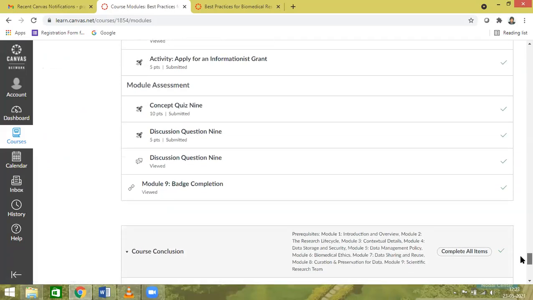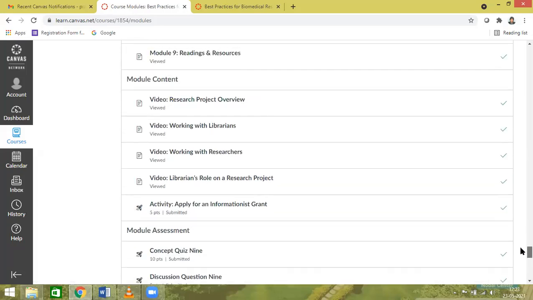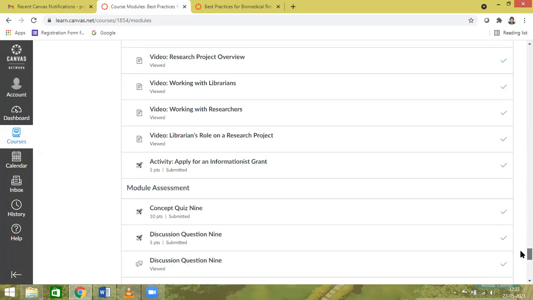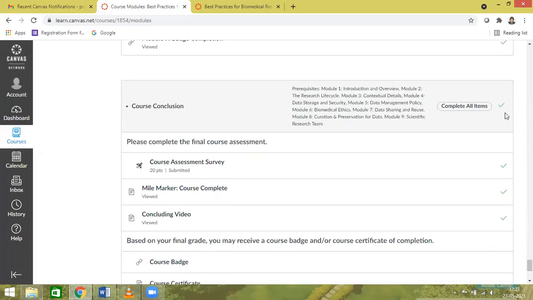Last module, which is the 9th module, 9th chapter. You should see that every module you're having viewed, submitted, forget about the points. It will update it automatically. You have to concentrate on this one only. All the modules have done or not, tick mark should be there. Then only if you have done with all modules, here there will be lock actually. That lock will be opened and you are able to click on this one.